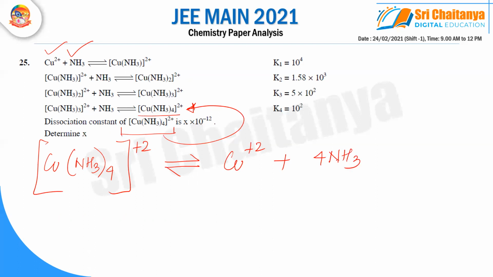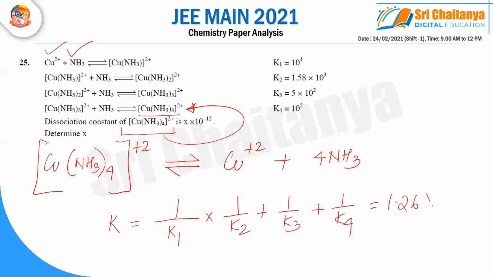I'm going to get this. Now, what will be the equilibrium constant of this? Remember, when a reaction or equilibrium process is reversed, the equilibrium constant becomes the reciprocal of the earlier. And when reactions are added, the equilibrium constant gets simply multiplied. So here, first they will be reciprocated and then they will be multiplied. K1 multiplied by K2 multiplied by K3, and finally we'll have K4, which will sum up to something like 1.26 into 10 raised to power minus 12. When you evaluate, that means X is equal to